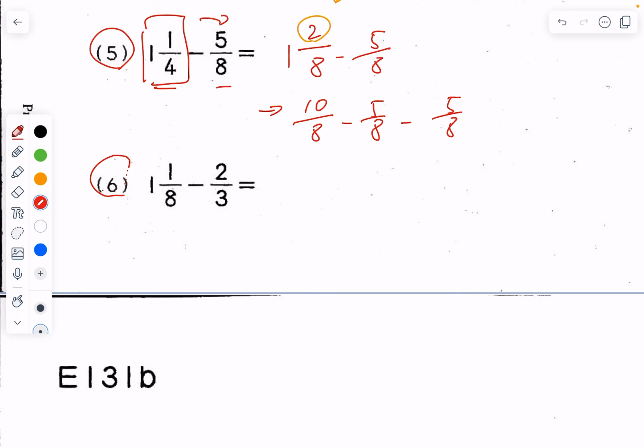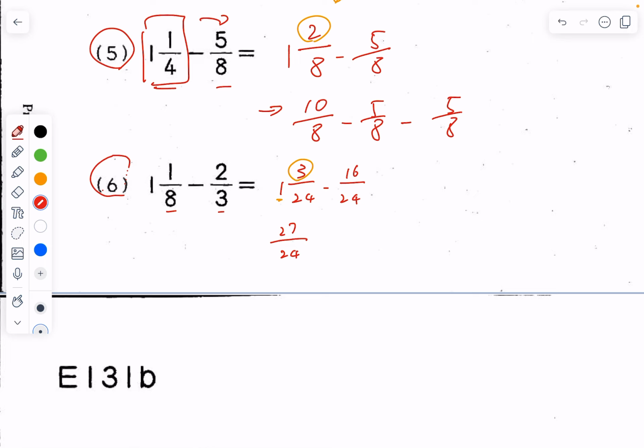Can you guys pause the video for a little bit and see if you can find the LCM for 8 and 3? Okay. So the LCM for 8 and 3 should be 24. So this will be 1 3 over 24, subtracting 16 over 24, okay? And then, as we know that our numerator for the mixed number is too small, so we need to borrow from the whole number here, 1. And then, so this becomes